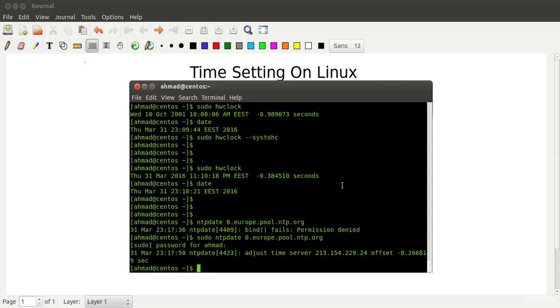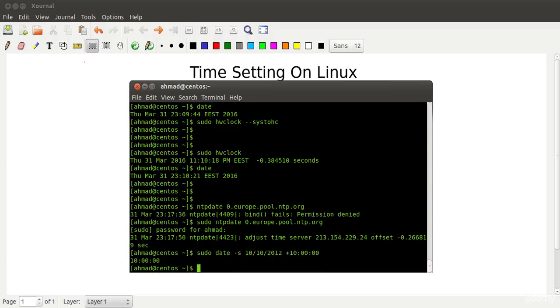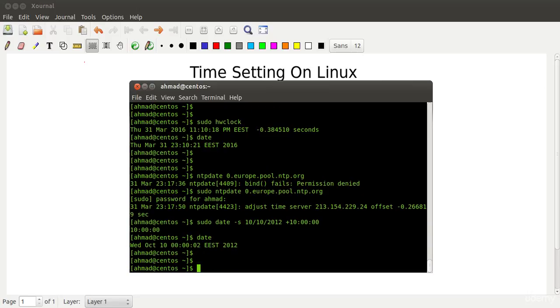On the other hand, let me show you one thing. Let's change the date back to, let's say, year 1999, or maybe not that much, maybe it'll start doing some funny things. Let's bring it back to, let's say, 2012, and let's press enter. Let's see the date, and now we see that the date has been set to 2012. Now let's try to get it synchronized using NTP, and we'll see that we'll have a very big offset value over here. So let's press enter,